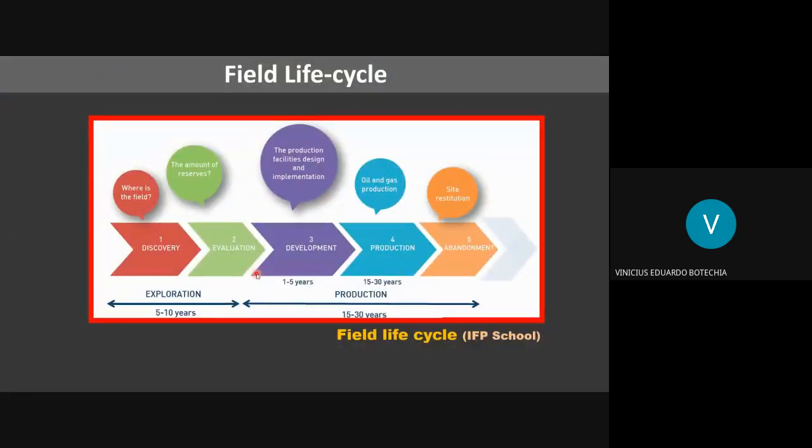All right, this is a scheme of a general field life cycle, right? First of all, we have the exploration period. You start with the discovery. When you locate the field, where the field is, then you have to evaluate and estimate the amount of reserves that you expect to have in your field. Then you have the production phase. This phase varies among some authors. They call everything here development, but in general, we have this phase that covers development and production,